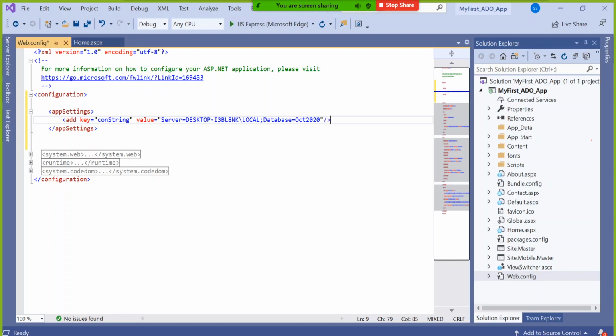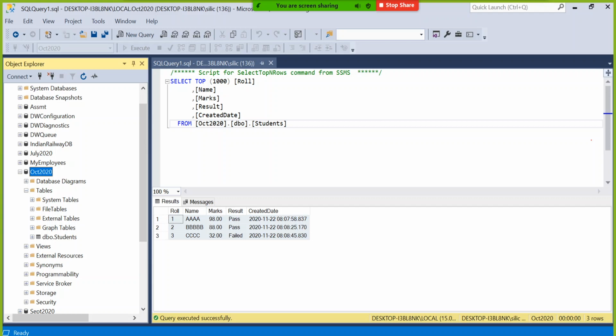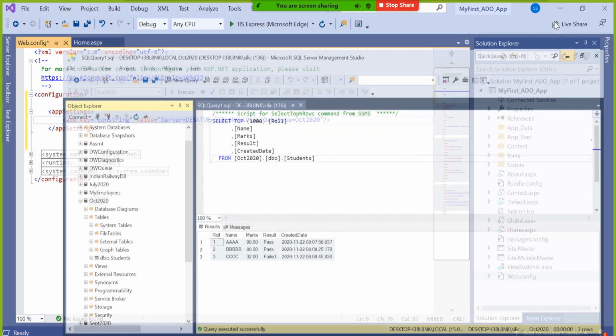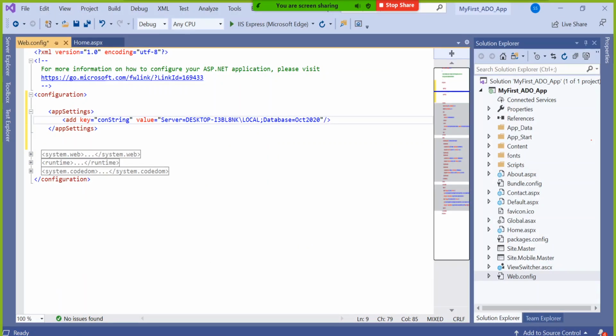Because this ASP.NET application is going to communicate with SQL Server, as simple as that. Now, if the ASP.NET application does not have those credentials, whether server name, database name, or user ID and password, if any, then how will it knock on the door of the database? These are two different applications, right?